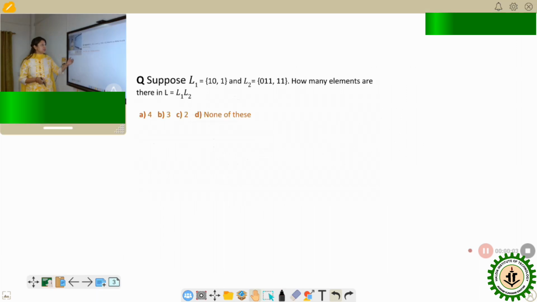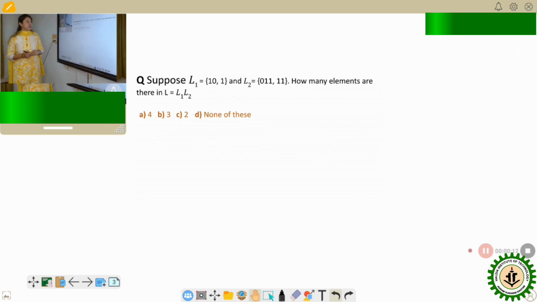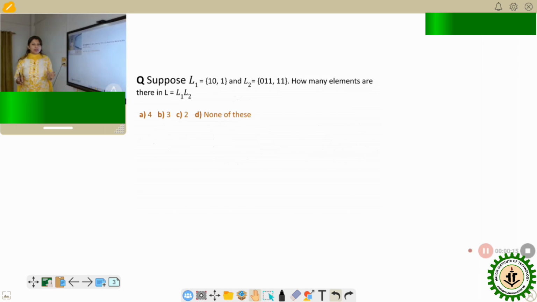Now the second problem: suppose L1 is {10, 1} and L2 is {0, 1, 1, 1, 1}. How many elements are there in L equal to L1 L2? L1 L2 means we are concatenating the two languages L1 and L2. So first we are concatenating 10 with 0, 1, 1 and 1: 100, 101, 1011 and 102. So there are 4 elements. Answer will be